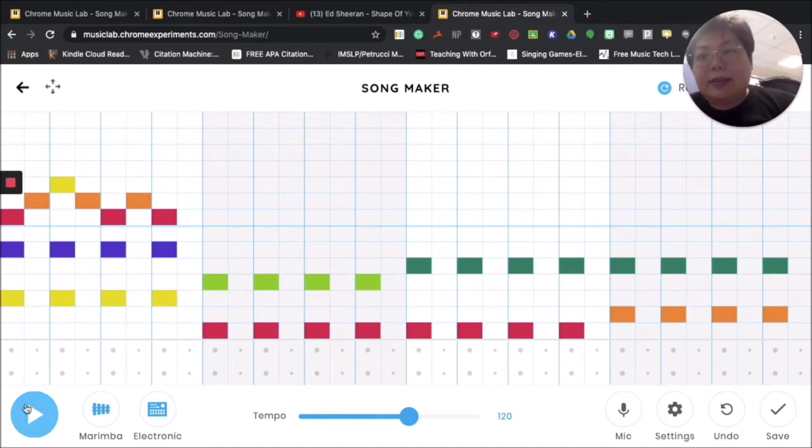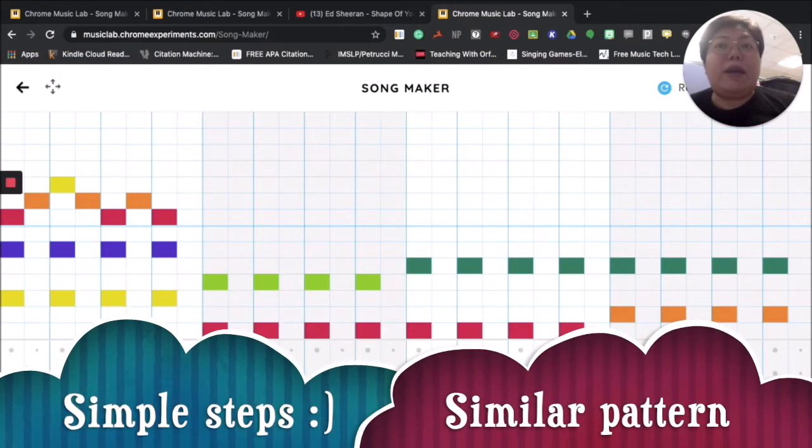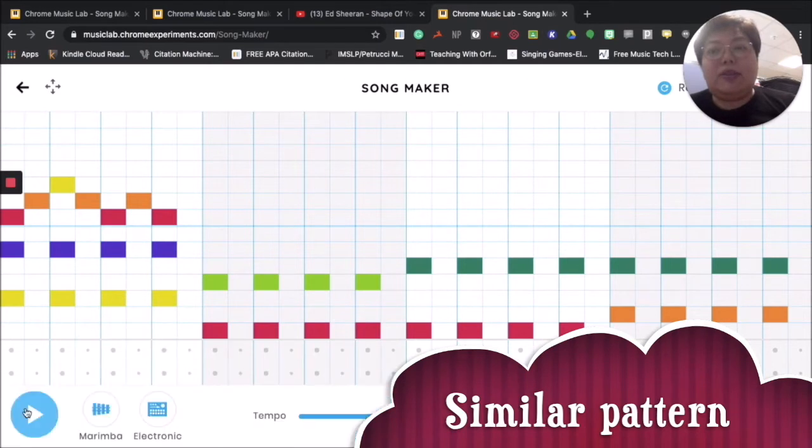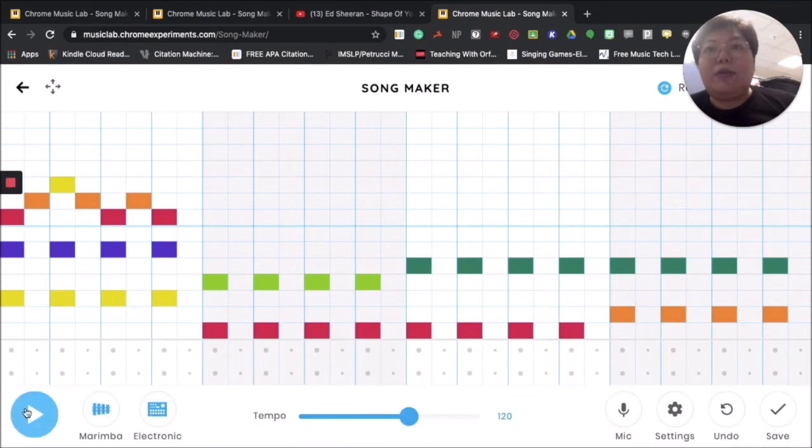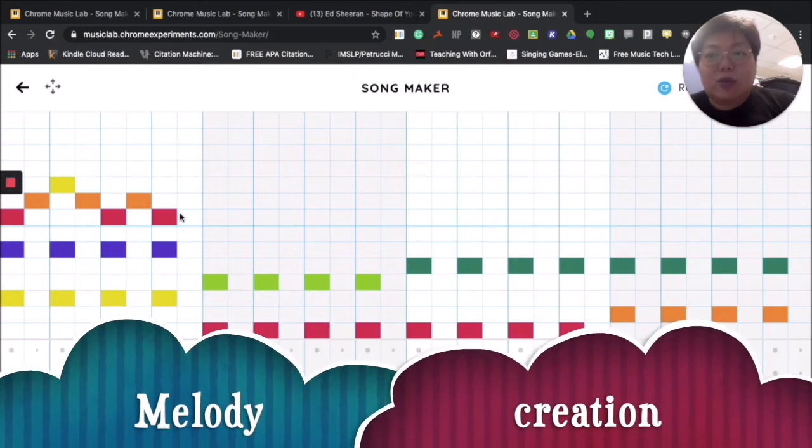Okay, let's listen to the melody with the A minor chord. Okay, so now I've kept the tune quite simple. I've used small steps, and then there is a pattern of going up and down. Now I'm going to use this same formula to create the melody for my next chord, which is the F chord. Okay, so I'm going to start off using small steps as well, since the last note is C,